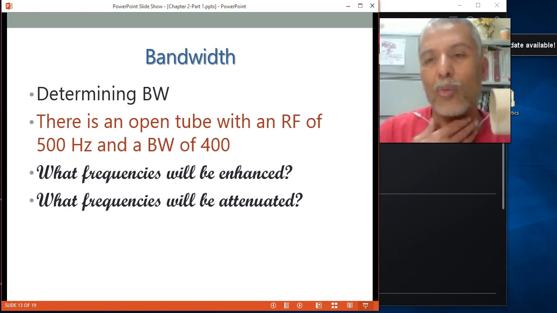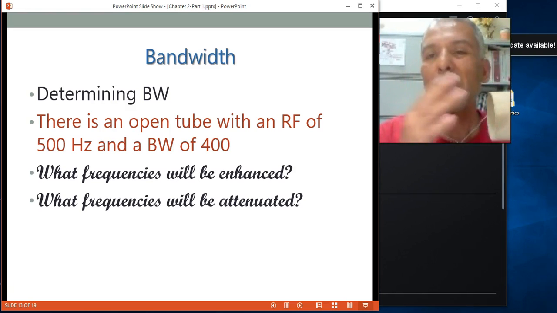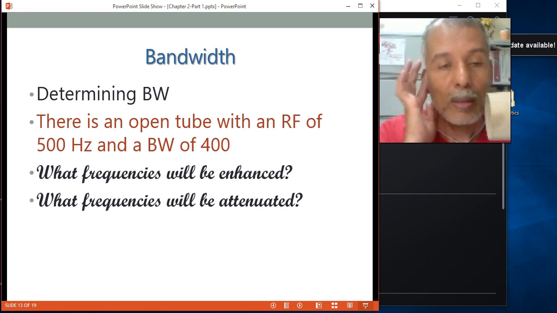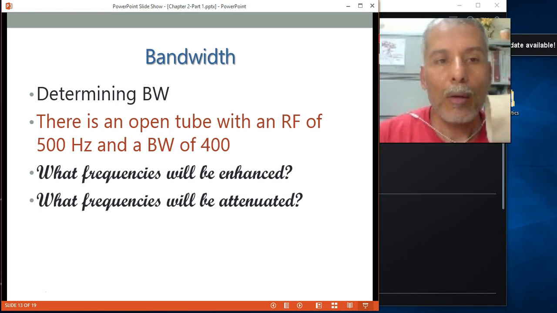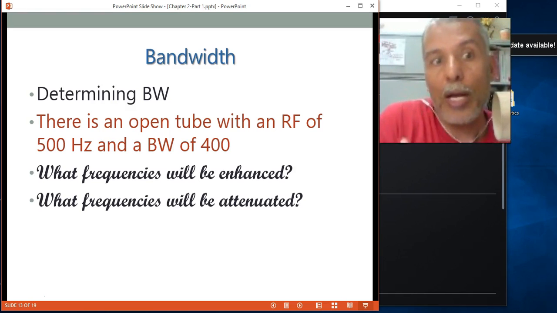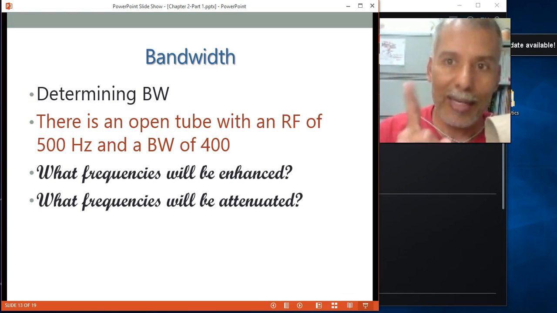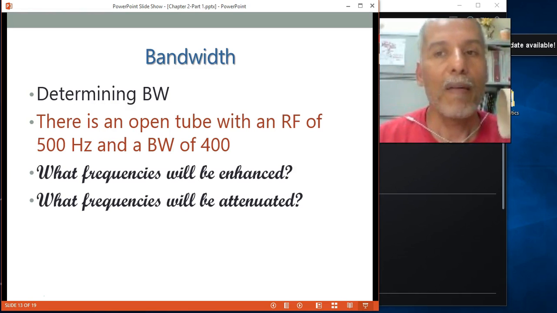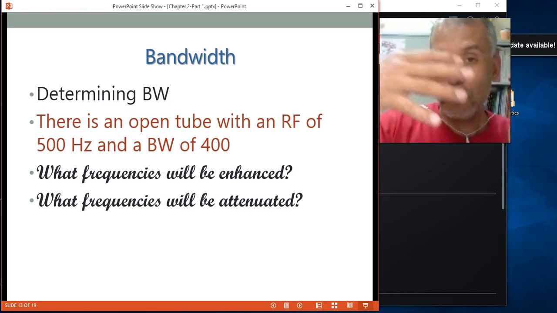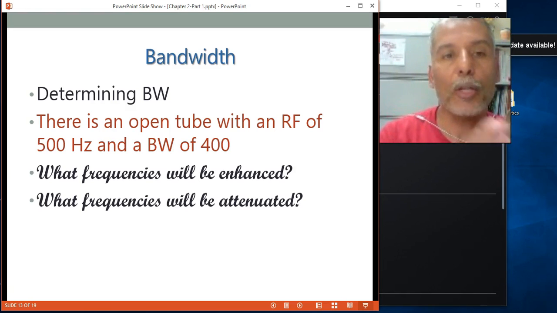The closer you are to the 500, the better the tube is going to respond to you. So someone comes in with a hoarse voice and a bad cold, and the tube doesn't respond much. It gives you a little bit. But someone comes in closer, at 300, and the tube is going to give you some response. Someone else says, my voice is 400 hertz, and the tube gives you more. And someone comes and says, I can get you a perfect match. I'm going to play 500, and the tube is going to give you the loudest sound it can give because you have matched exactly its natural resonant frequency.